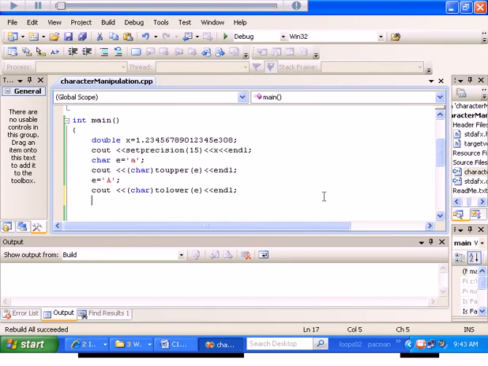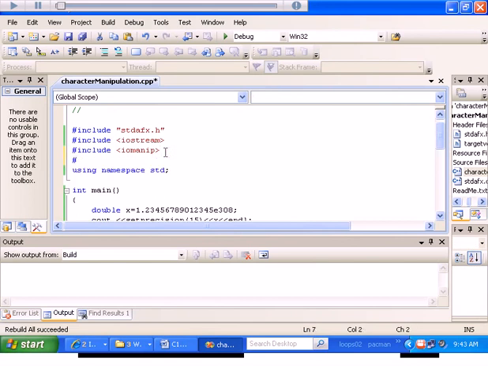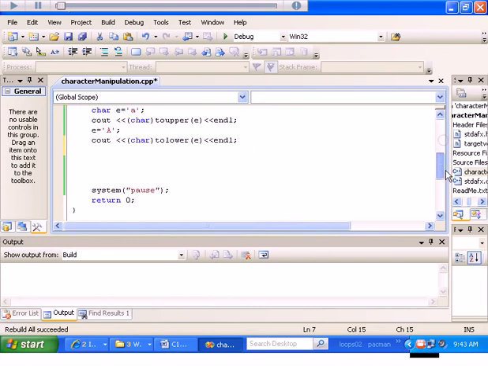The implications are great. One command that I can use that has to do with the character type, and to see that I need to include a new library that we've never seen before called cctype. This is going to get me at some of the different character types. Now, cctype is a standard header file with a .h extension, ctype.h. I don't think its equivalent is present among the standard library without the .h. And if I want to use one command from there, I could say something like cout